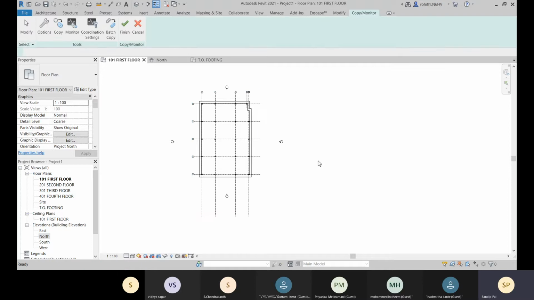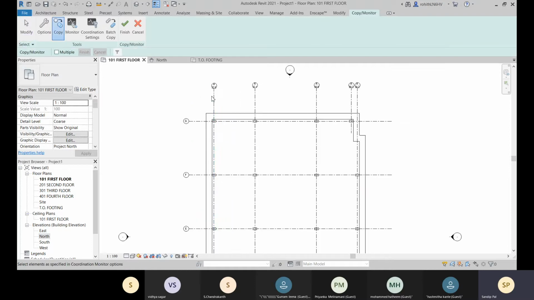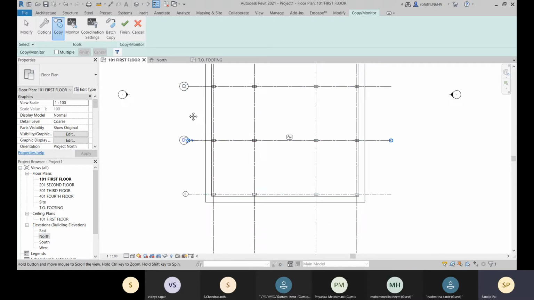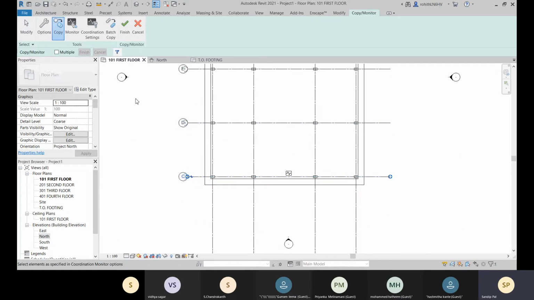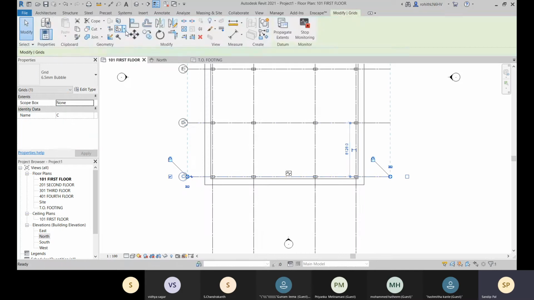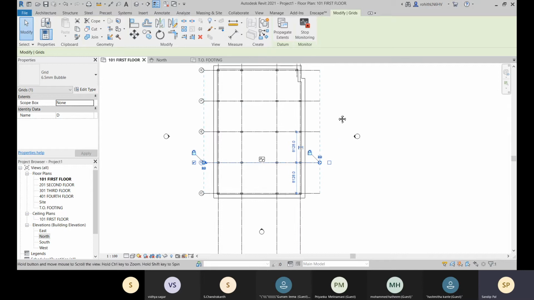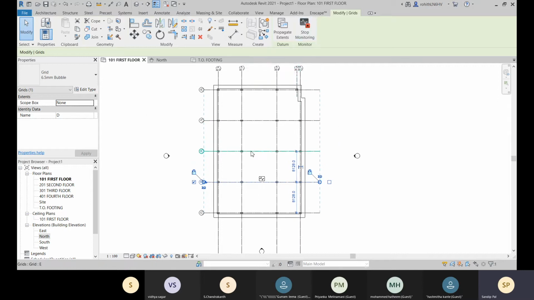Let's go for the select link, and let's go for copy, and let me show you with this. Okay, so let's go for finish, and here you can see that when I'm selecting this one, you are getting this stop monitoring option. So your main file should be present within this, otherwise it cannot monitor it.